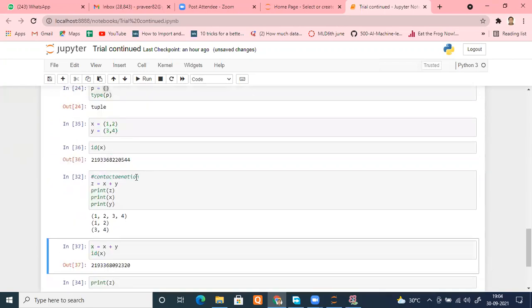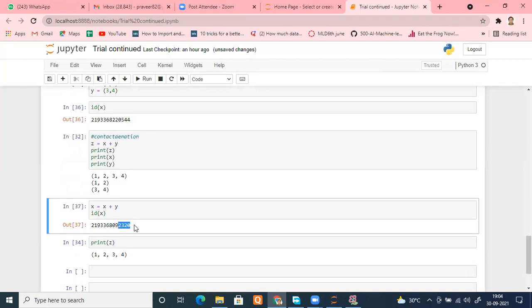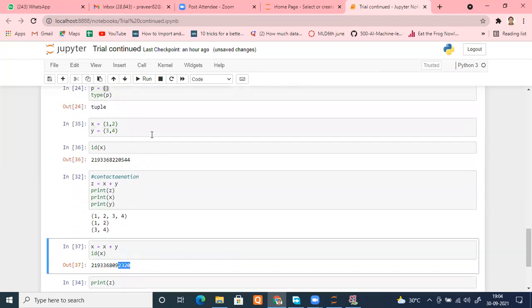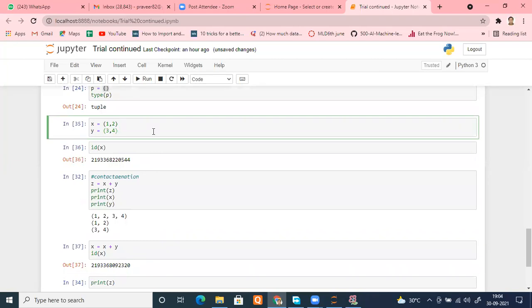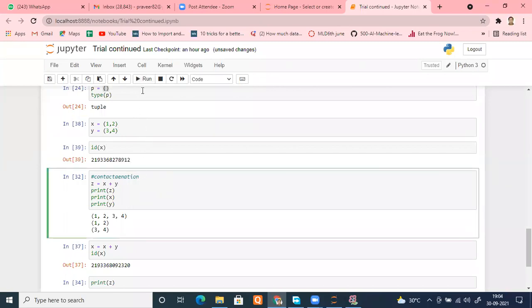Please check, both IDs are entirely different, right? I hope it makes sense now. Is it fine, everyone? Yes, sir. That's very important to understand how these are working.